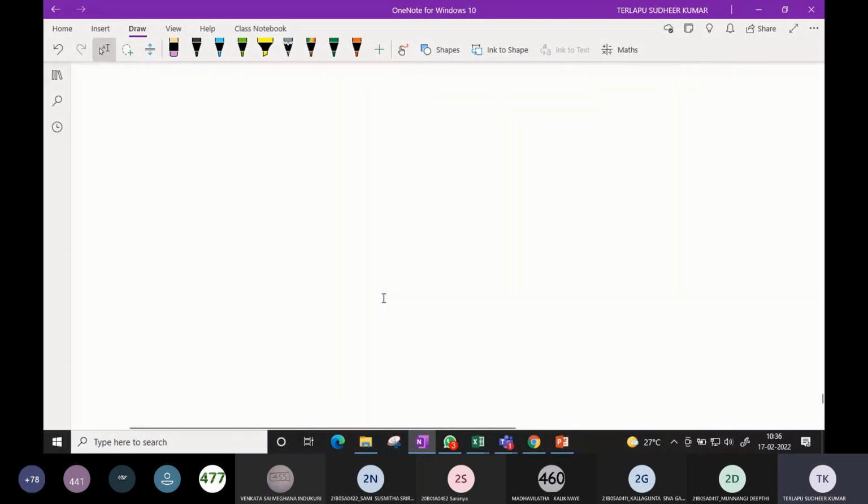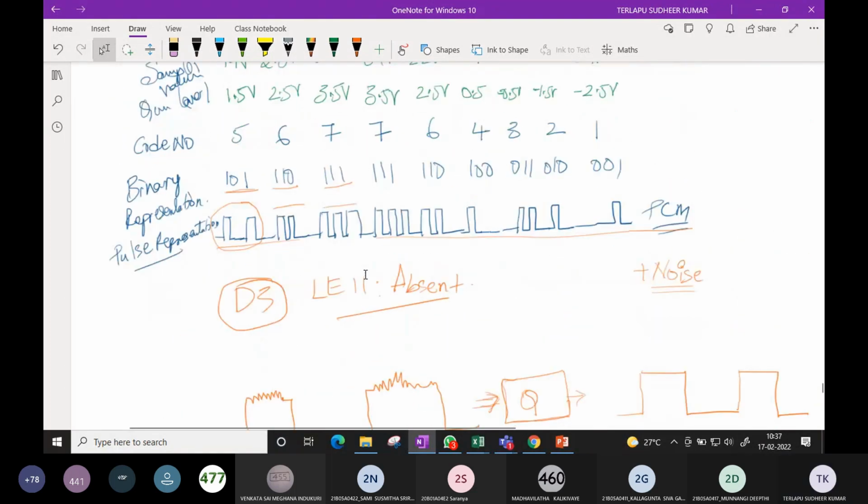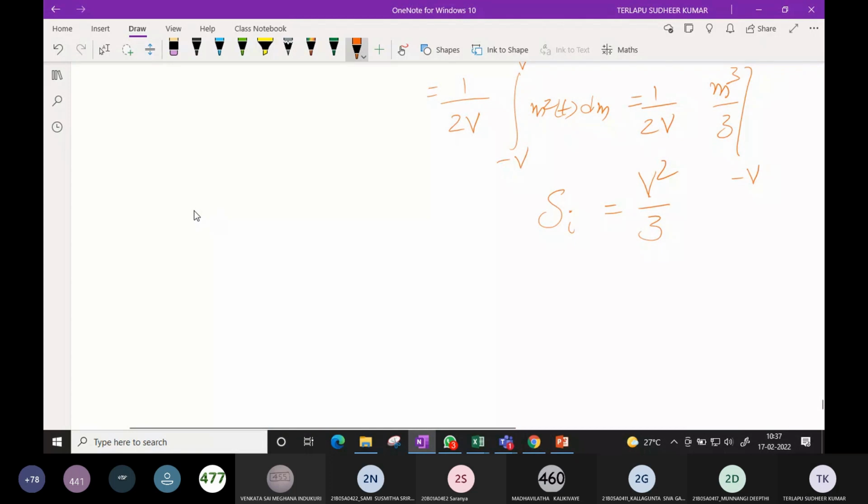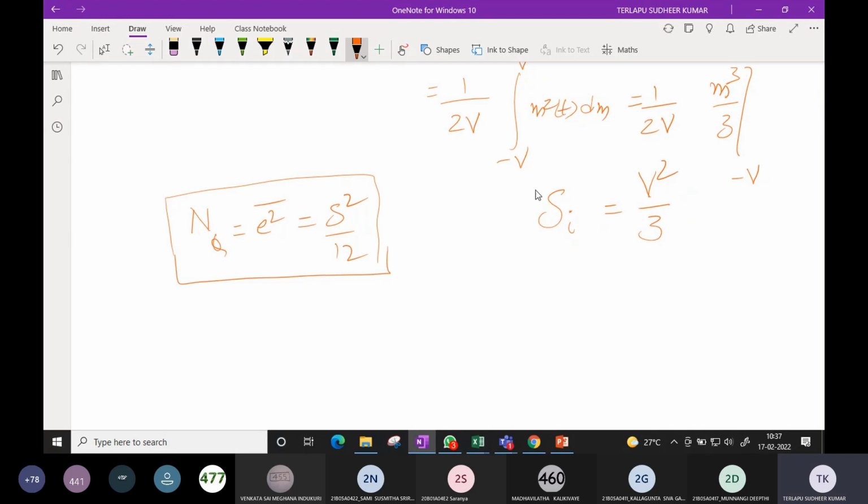So my quantization noise NQ is the mean square error, that is S square by 12. This derivation we did yesterday. Now we have calculated the input signal power. Therefore, the signal input power divided by quantization noise power, that will be SNR input,